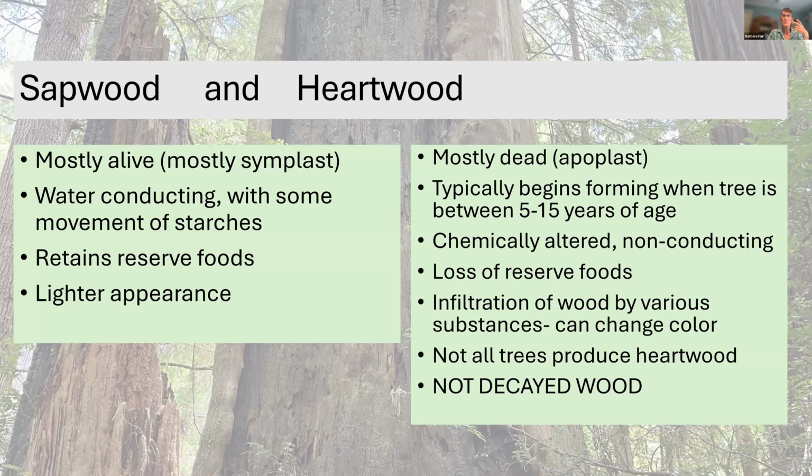So the heartwood is mostly dead, what we call apoplast. And that begins forming pretty early on, if it is going to form heartwood in the age of the tree. It's chemically altered. That means it does not necessarily conduct water and nutrients. So whatever is in there cannot be moved typically out through the rest of the plant, with one exception, the